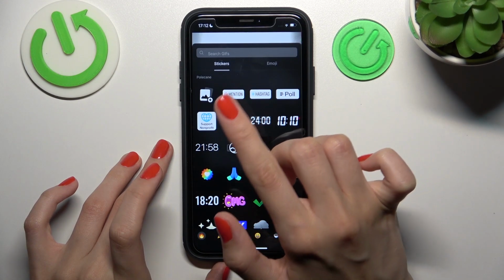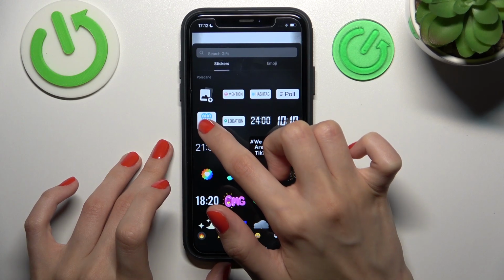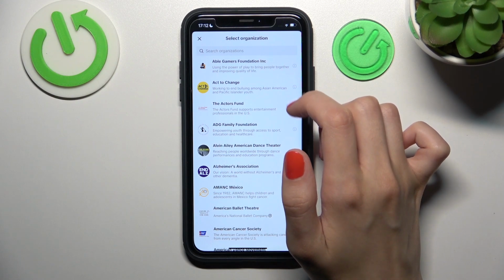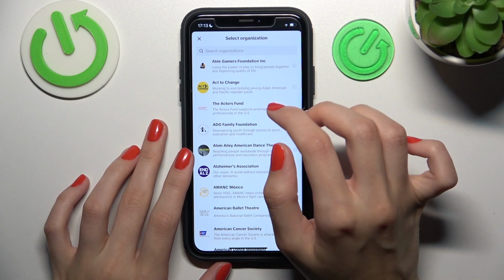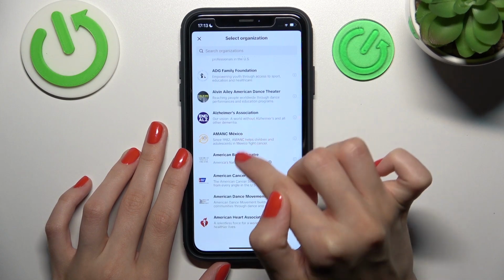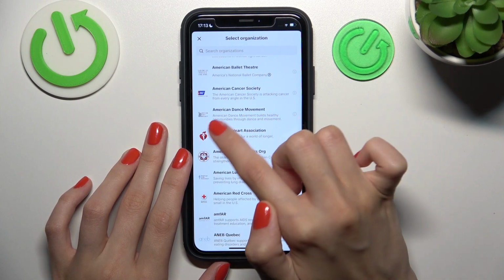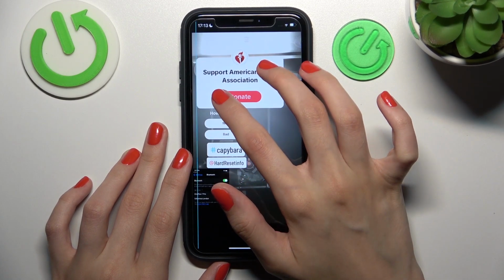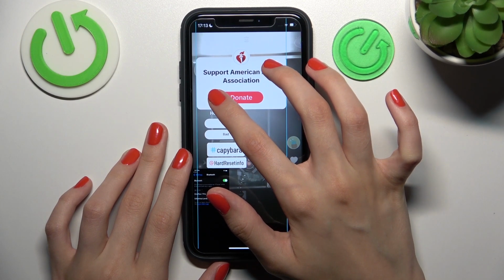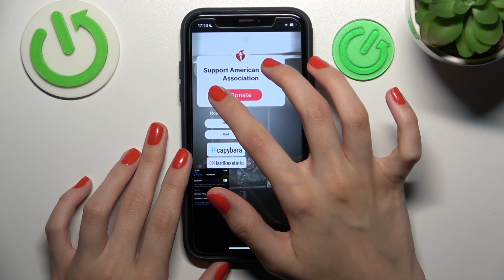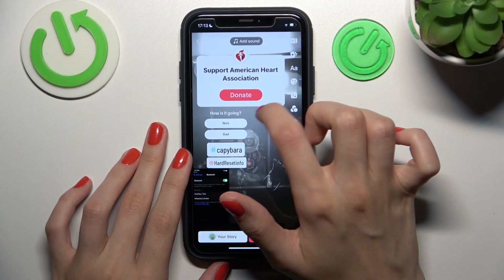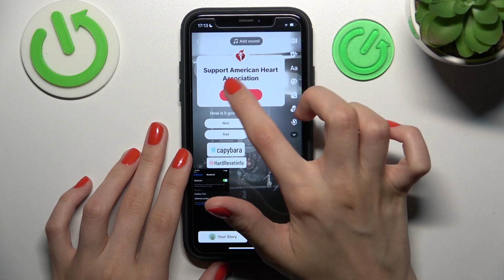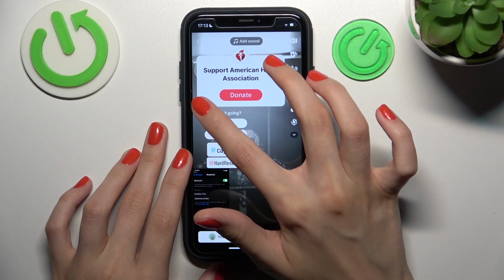And guys, after, the most interesting option for me is to support some organization. So guys, this feature is very cool because in this way you can offer to donate to the selected organization to your viewers. For example, you can select this American Heart Association. Let's click on it, and right now we have this customized image sticker. After clicking on this donate key, your viewers can learn more about this association and can donate to this